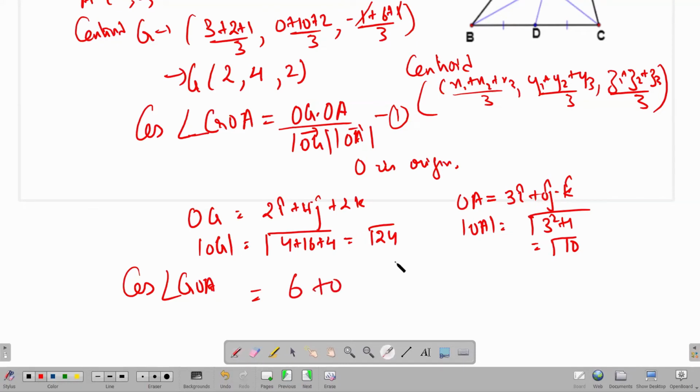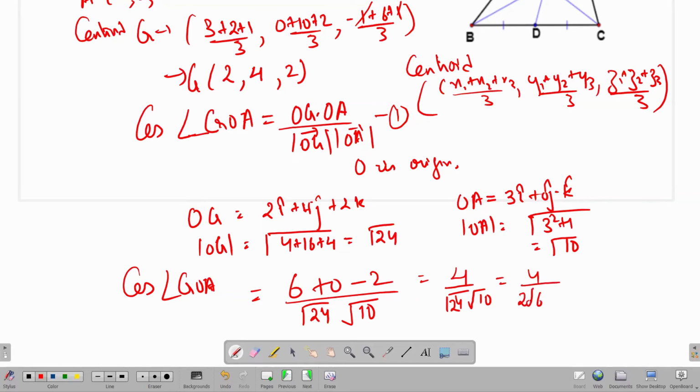2 into minus 1, so that comes out to be minus 2 upon mod of OG, that is root 24 into root of 10. So what I get, this comes out to be 4 upon root of 24 into 10. So what we get from here, this comes out to be 4 upon, this is 4 into 6, so therefore this is 2 root 6. And further solving,